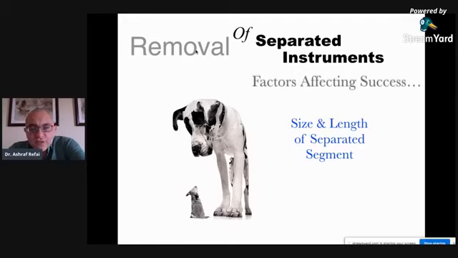He's done a lot of research on this, and it's very, very amazing, because he's also combined using different types of lubricants or media during the instrument retrieval process, EDTA, different types of oils, and he's come up with some very fantastic results. So whether you're using a loop or a tube system in its removal, and I'll be discussing those in a few moments, the length and the size of the instrument makes it harder or easier to come out. Smaller pieces of instruments are relatively easier to come out. They'll come out with ultrasonics, while longer ones and bigger files will probably require to be pulled out because they engage more with the lateral dentin.